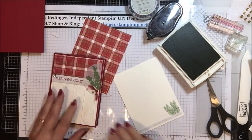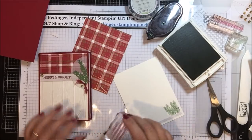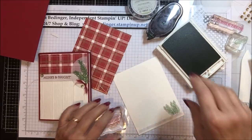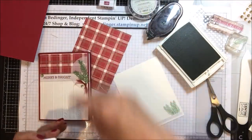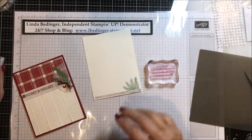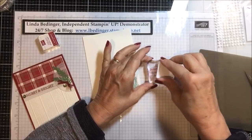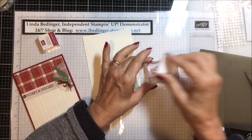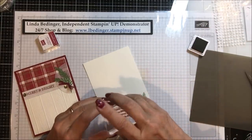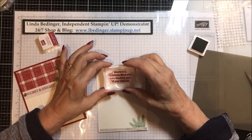There we go. And then in addition to that, I used the stamp set that said, "Here's to a Christmas filled with love, laughter, and all you hope for." I got a little interruption there, but I think this is right where I was, and all we have left to do here is ink up this message and get that stamped on the inside of our card. And so we're going to set that right here